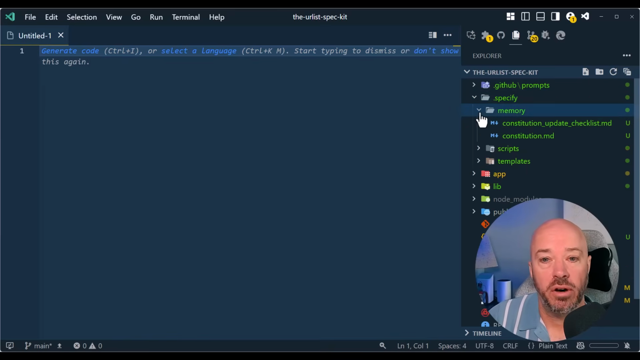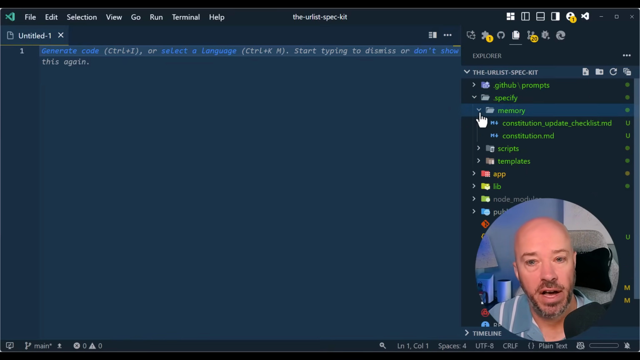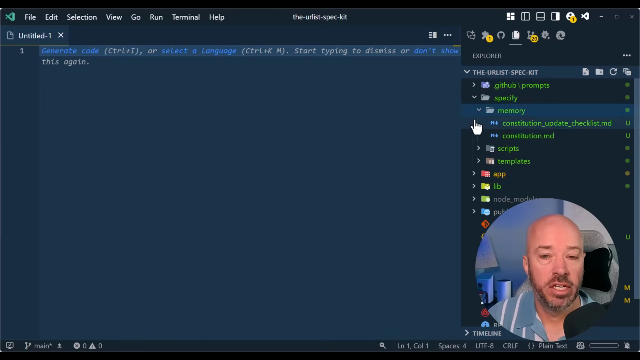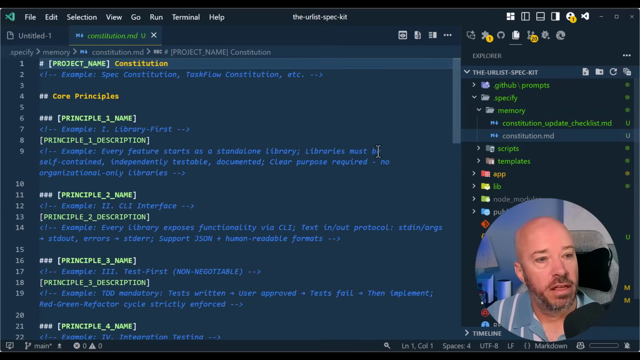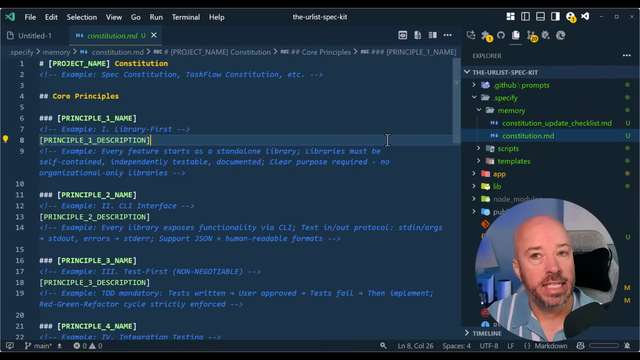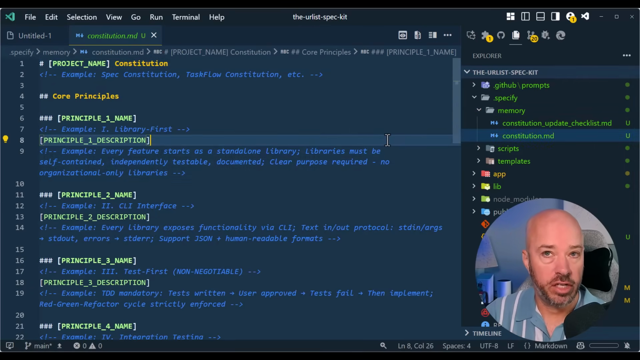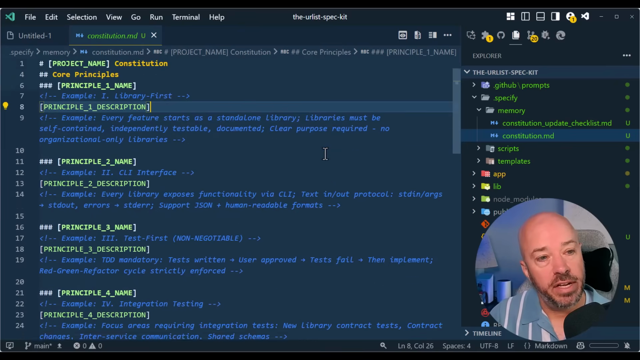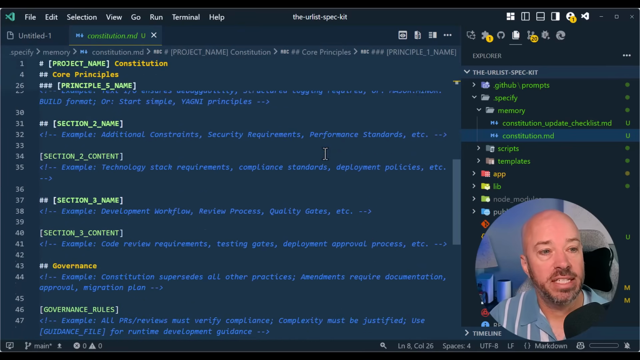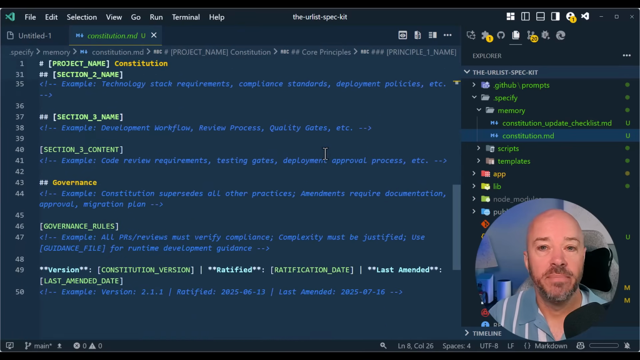The first one is called memory, and this is where you find that constitution. So let's start there. The constitution is essentially the instructions that you have for the model about the way that you work in your projects that are non-negotiable. By default, it's given some placeholder text here, but there isn't really anything here. And because I don't really have any of these things yet, we're starting from 0,